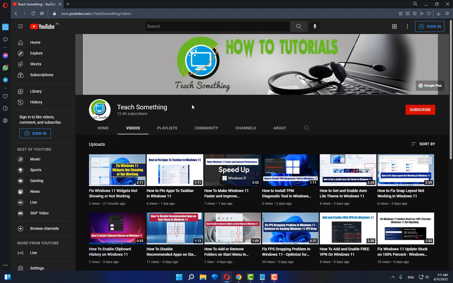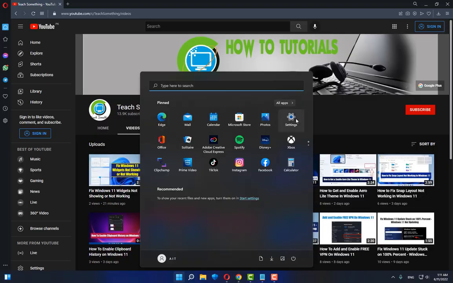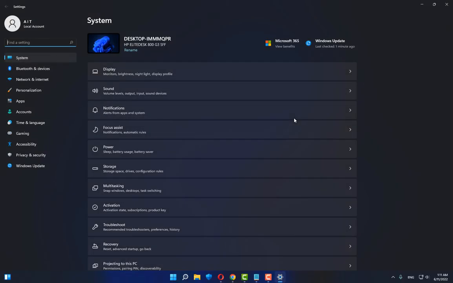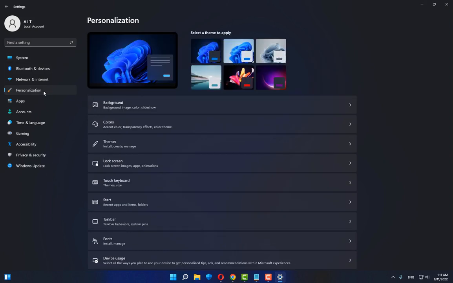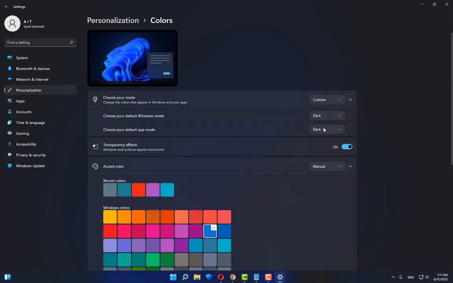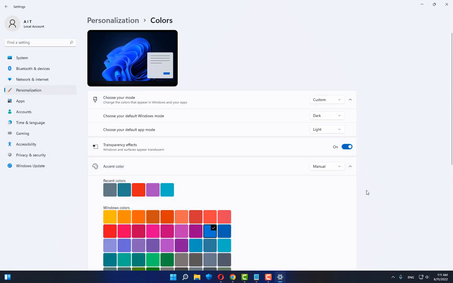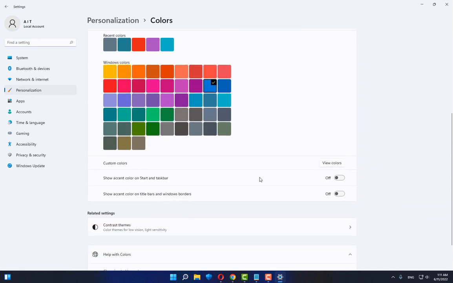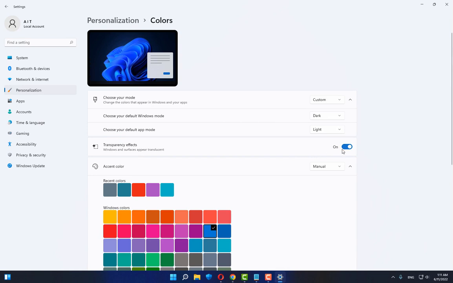Let's start. Okay guys, first of all, go to the Settings of your Windows, go to Personalization, go to Colors. After doing this step, click on Custom. Choose your default mode, select Light, make sure the transparency effect is on,